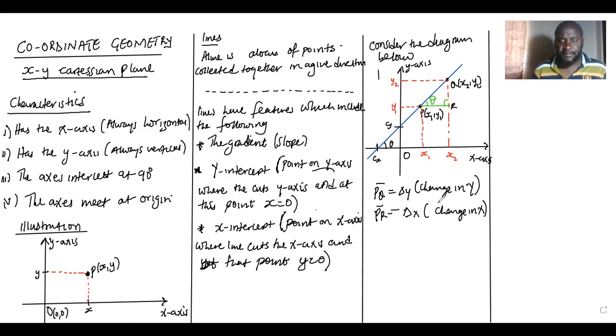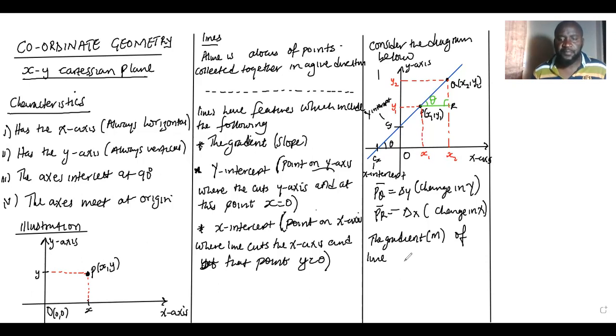Change in X. So this one I call the X-intercept. Then this C, Y, I call the Y-intercept. Now, from the diagram above, the gradient M of the line, so normally the gradient of the line, we call it M of the line,